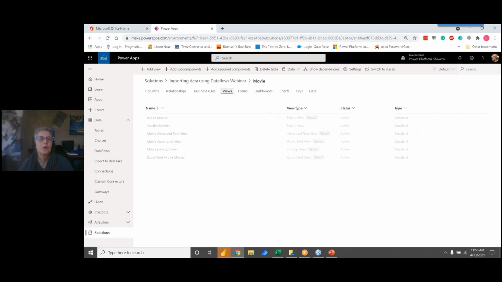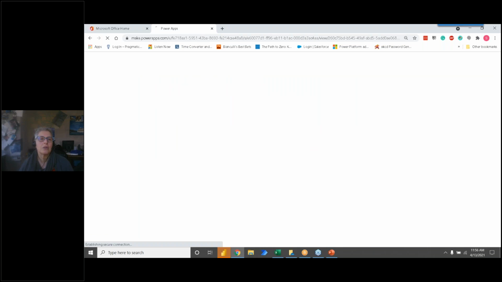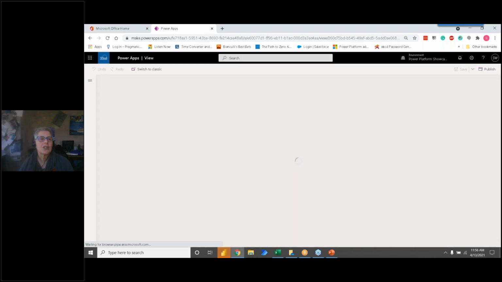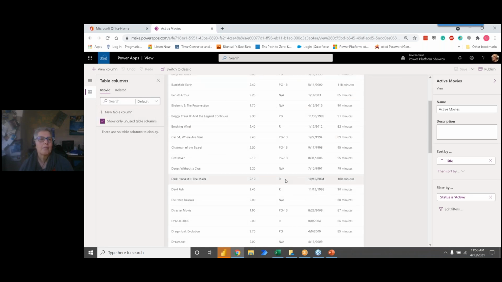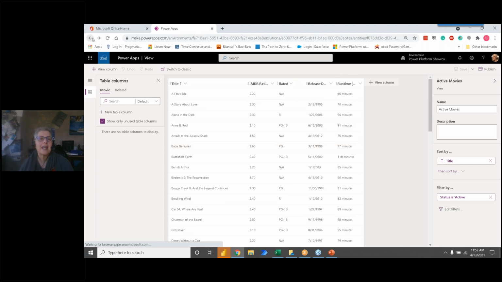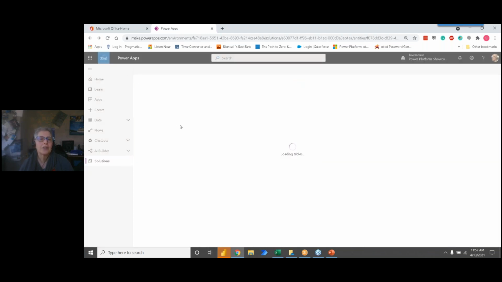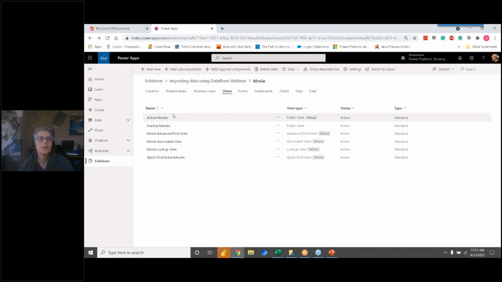And if I go in, I created a view to show this to you, actually. So here's a view I created that's actually going to show the data. See, now I have data. There was no data in here before, right? And the same is true of all of the other tables.